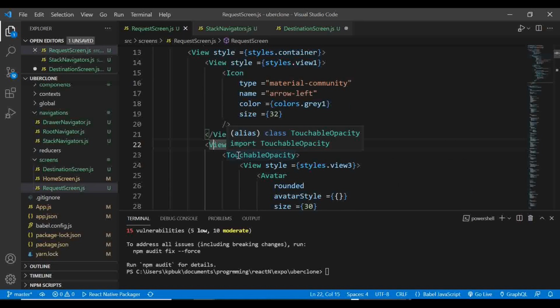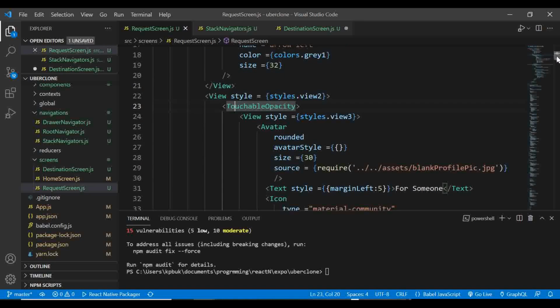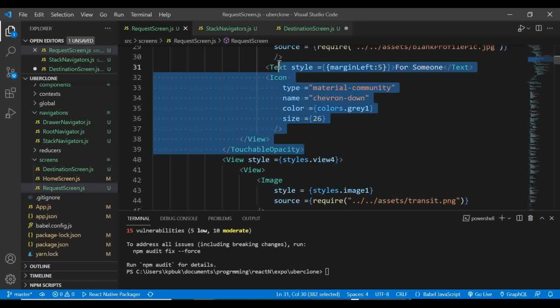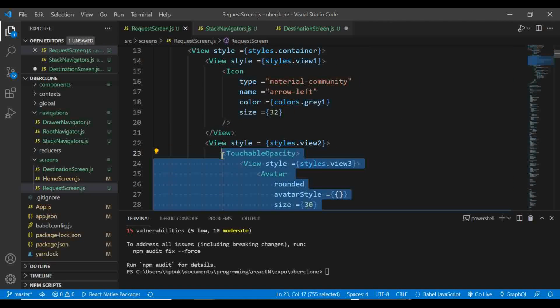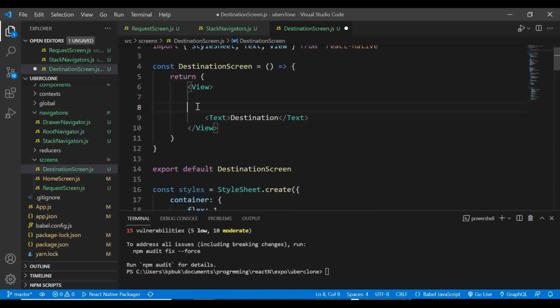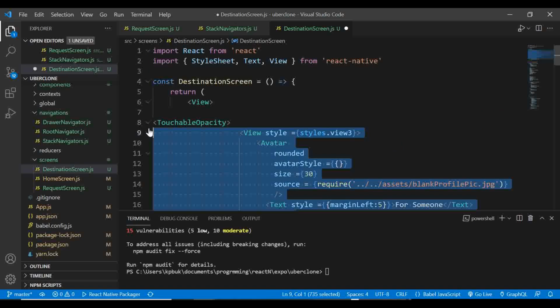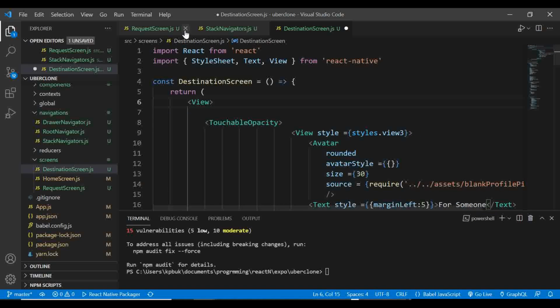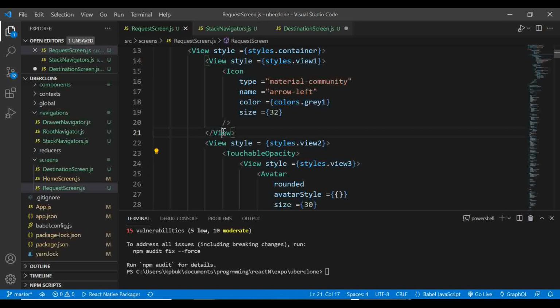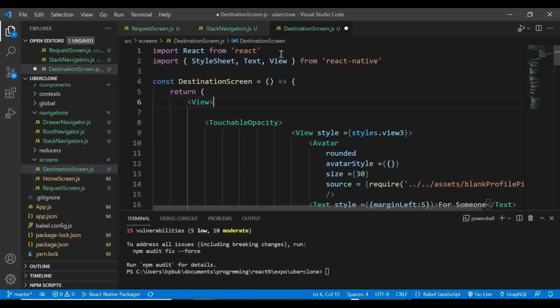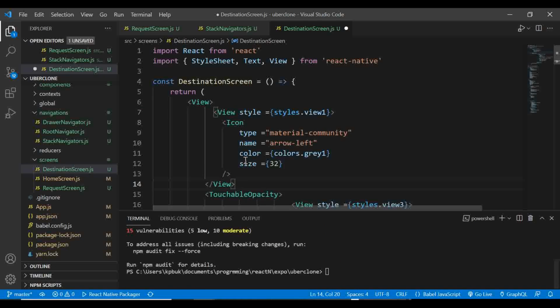Actually, this one we can copy simply from the touchable opacity. All right, you can copy it simply from there. So copy that touchable opacity component, go to destination screen, paste it there. Go back again to request screen, copy this view, and paste it on top of the touchable opacity component. All right,